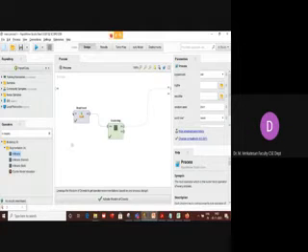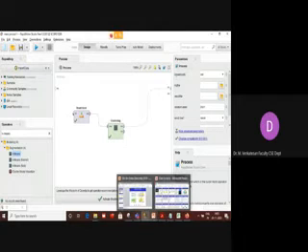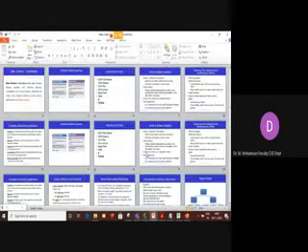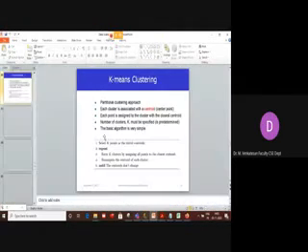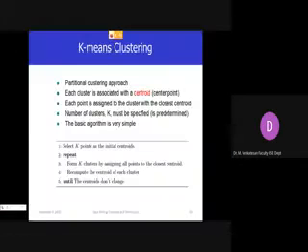So this is how to implement the unsupervised learning method. You have data and you have applied clustering. Here we have used k-means clustering. I hope most of you know the k-means clustering logic, right? So quickly we'll see the concept of k-means clustering.